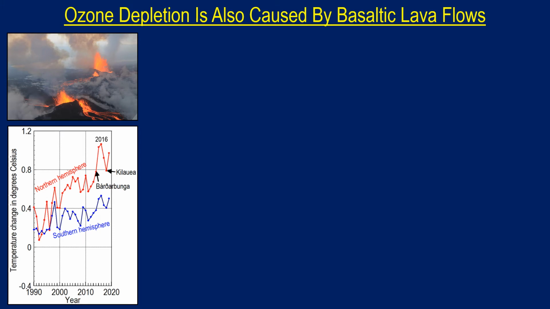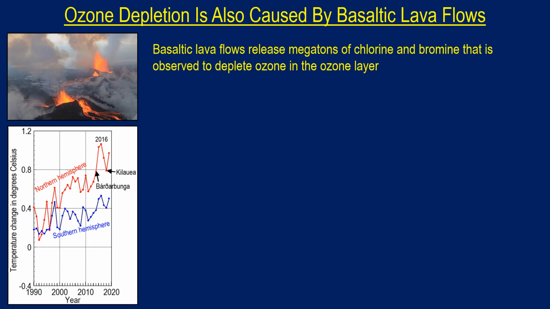Ozone depletion is also caused by basaltic lava flows. Basaltic lava flows release megatons of chlorine and bromine that is observed to deplete ozone in the ozone layer. Beginning on August 29, 2014, Barðabunga volcano in central Iceland erupted for 6 months, the largest basaltic lava eruption since